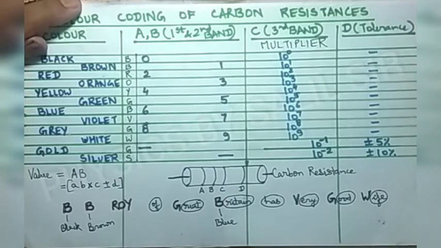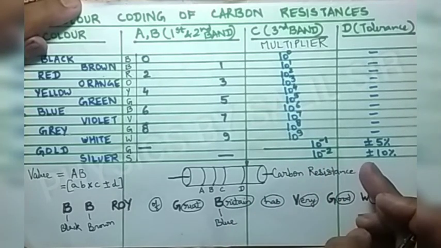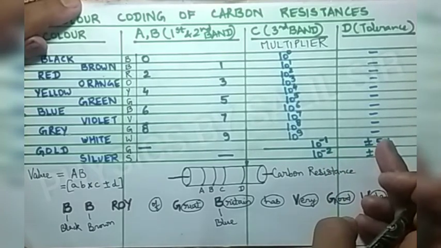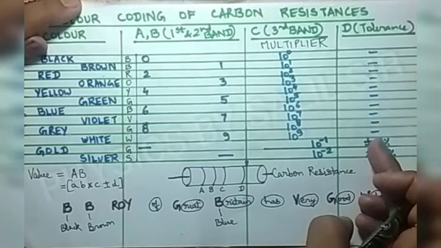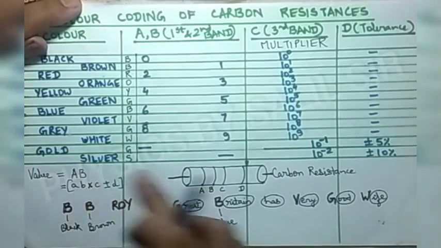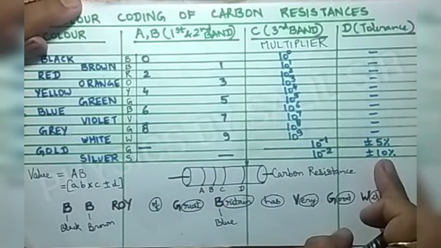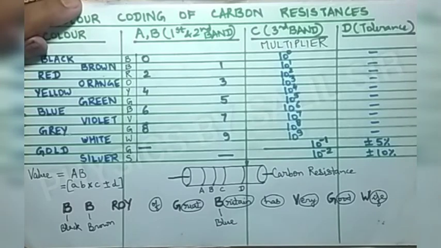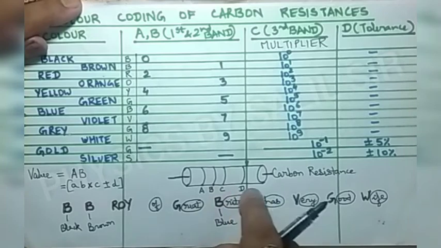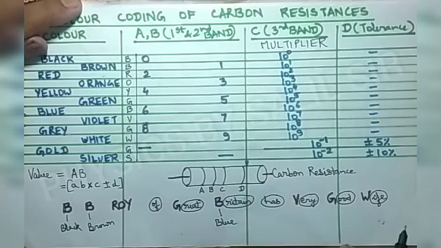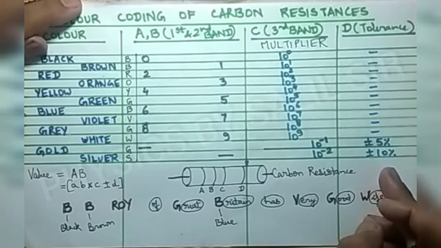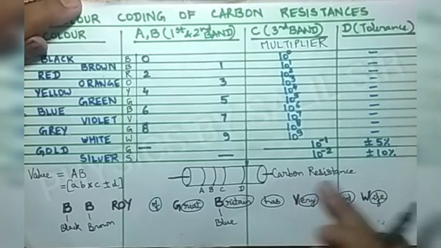Plus minus D means with C you have to add the tolerance according to this gold or silver. And suppose in any of the resistors you have got only 3 color bands, meaning first, second and third band, and there is an absence of the fourth band or tolerance band, then we can consider it as no color of the fourth band. So for this, the tolerance is taken as plus minus 20%. This you have to remember.